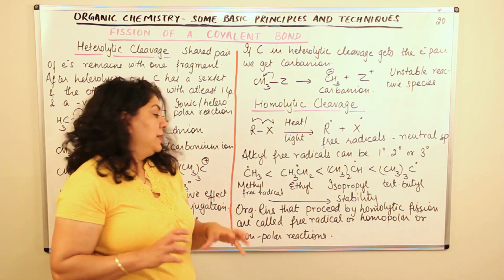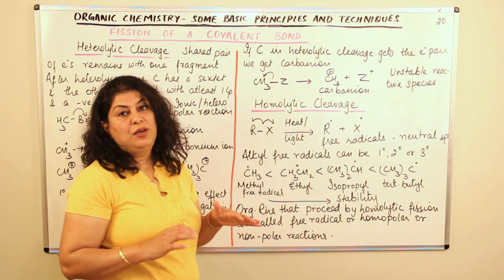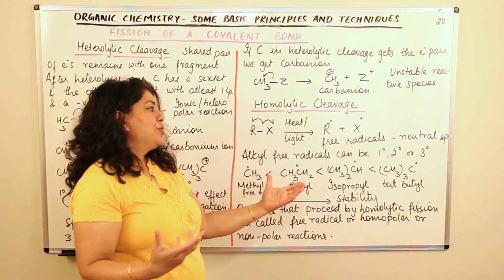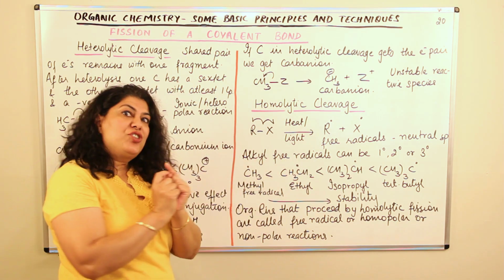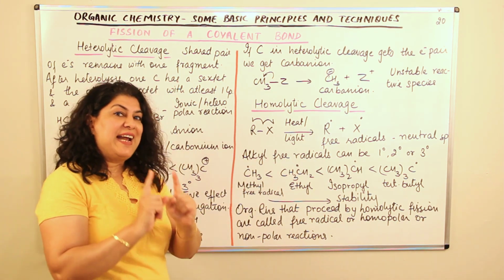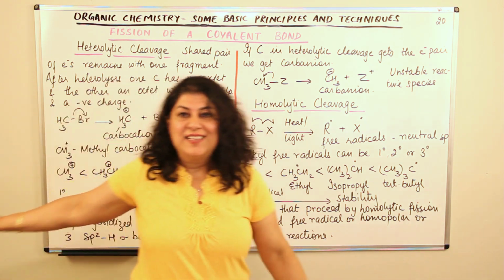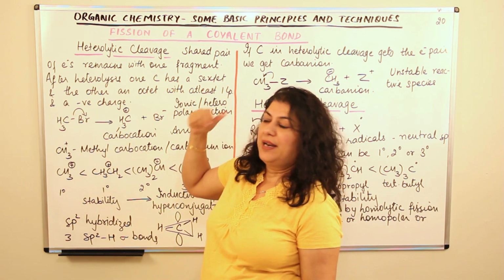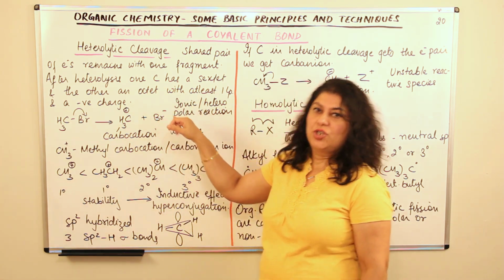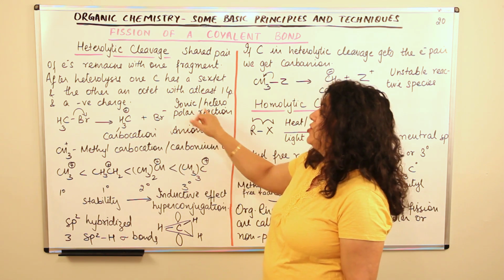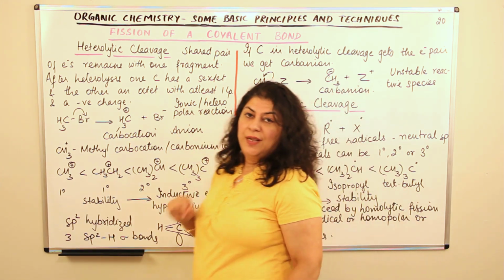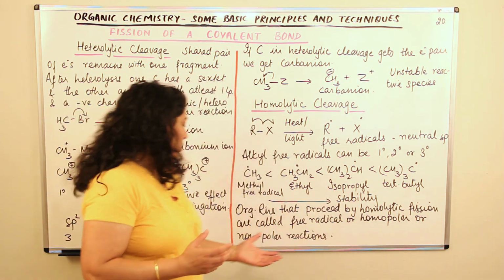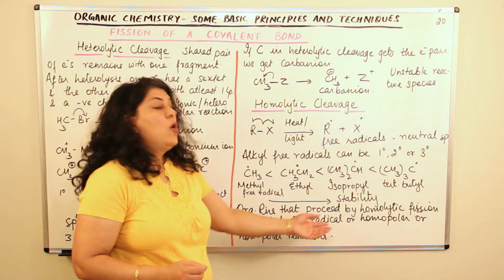Organic reactions that proceed by homolytic fission, organic reactions in which homolytic fission takes place, what is formed? Free radicals. Therefore, such reactions are known as free radical reactions. Just as when you had heterolytic cleavage, whether carbocation was formed or carbanion was formed, they were called ionic reactions or heterolytic reactions or polar reactions. These, on the other hand, are known as homolytic fission reactions or free radical reactions,